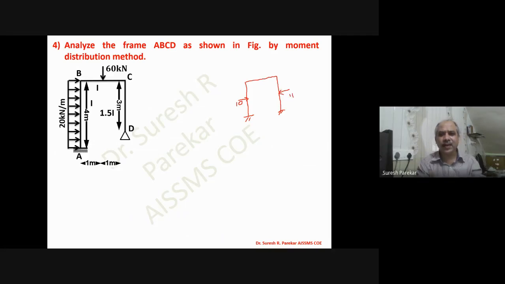So I need not think about taking a line at the center; with 10 and 11, I have a sway frame. Here you need not think about the value, everything is the same, only the loading is changed, and you have a sway frame. Suppose you have loading also the same, 10. But I have given this as I, and I have given this as 2I.